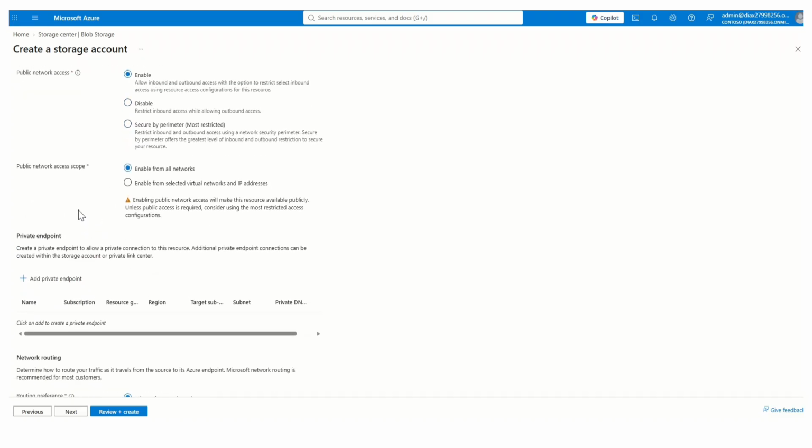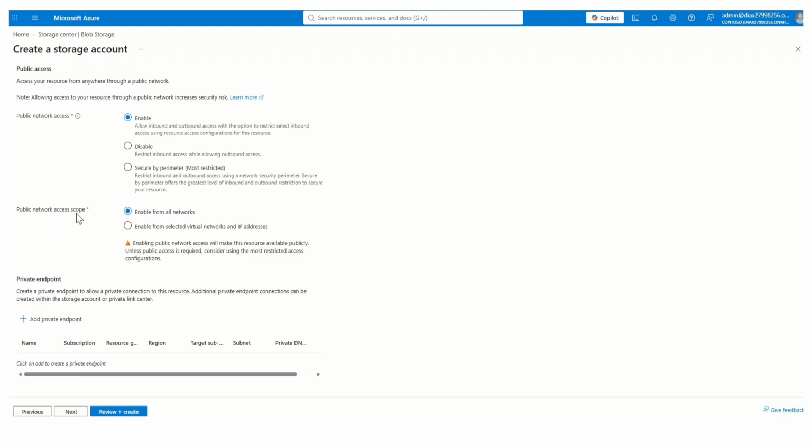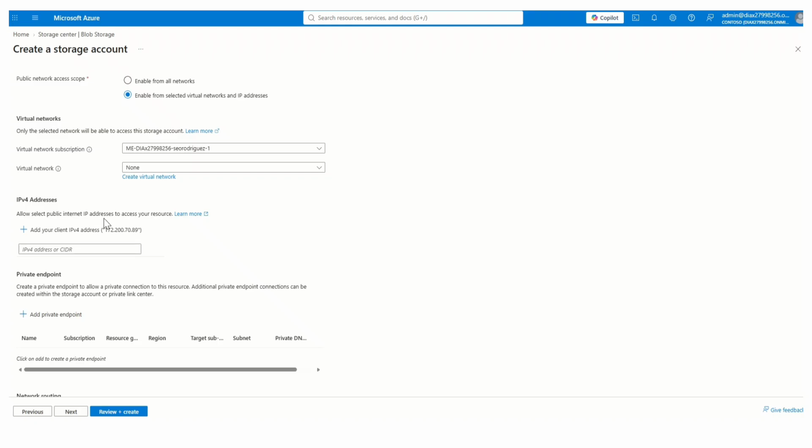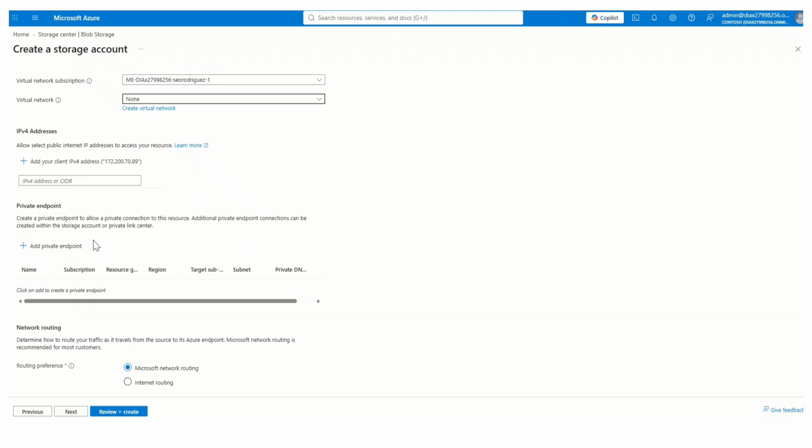And for now, public network access scope is enabled from all networks. If you have a public video or whatever the case may be, if you want this storage account to be for anonymous access because you have stuff on the internet, that's fine. But if not, then you can enable from a specific network. And then here you can create specific IP addresses where you want this to connect from. So you can create a virtual network. I don't have one, but you would create a virtual network and say, hey, I only want this network to